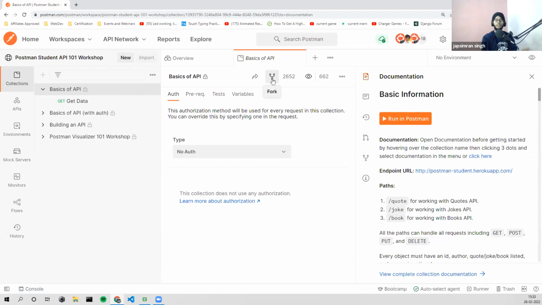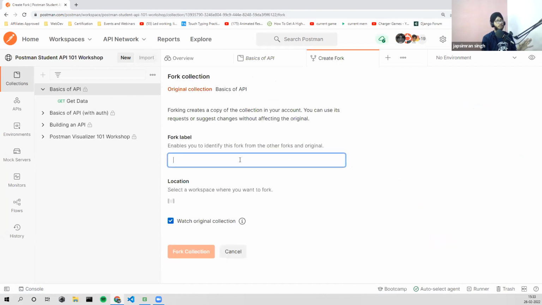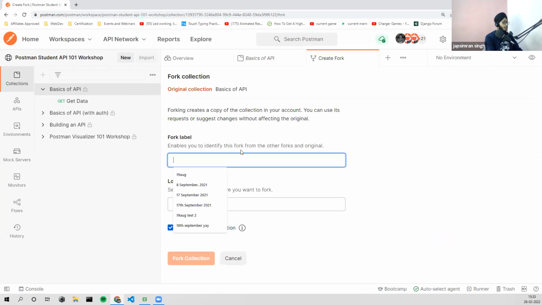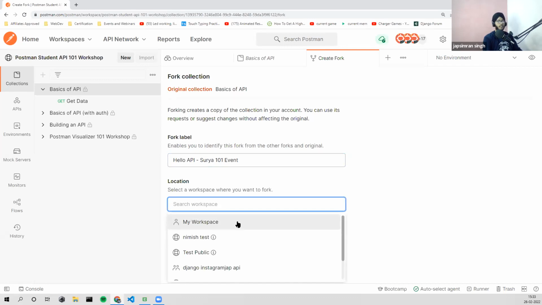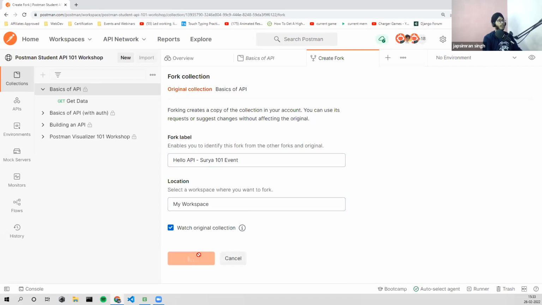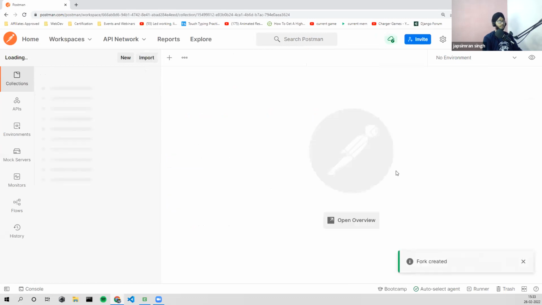It is the same as with GitHub: you fork a GitHub repo, and you'll fork one here. I'll click on fork, write here hello API, Surya 101 event, add it to my workspace, and fork the collection.